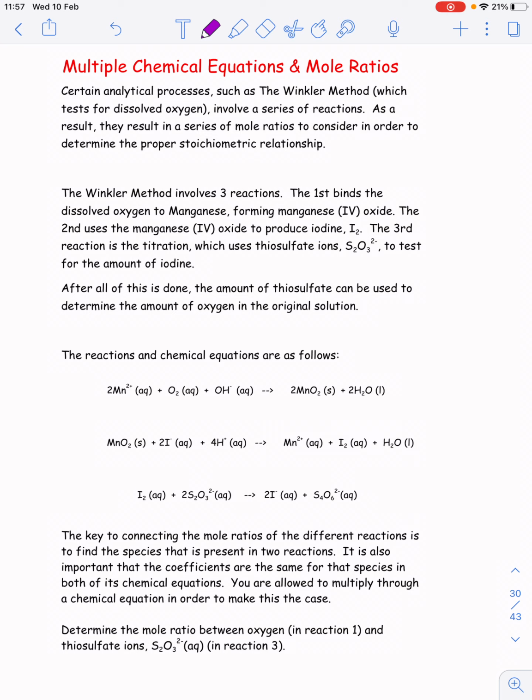The examples below are from something called the Winkler Method that involves 3 reactions. Only one of them is the actual titration reaction, the last one, where you actually perform the titration, adding something of known concentration to figure out an unknown concentration. The first couple have to do with different chemicals and different chemical reactions that take place when you add chemicals to water. The goal of the Winkler method is to determine the concentration of dissolved oxygen in a given